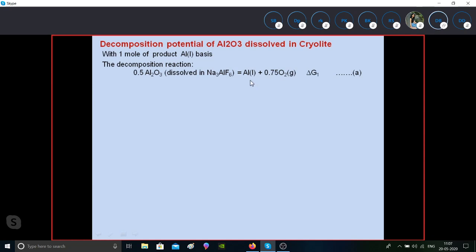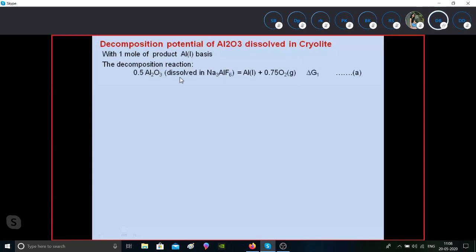For the time being, this is where it is going to be deposited. It will be basically the cathode, aluminium, and the anode will be oxygen. Let us consider a situation: anode is oxygen anode and aluminium cathode. For ease of my understanding, I am doing that simplification. There is nothing more there. For this reaction, I give delta G1 as my free energy change.